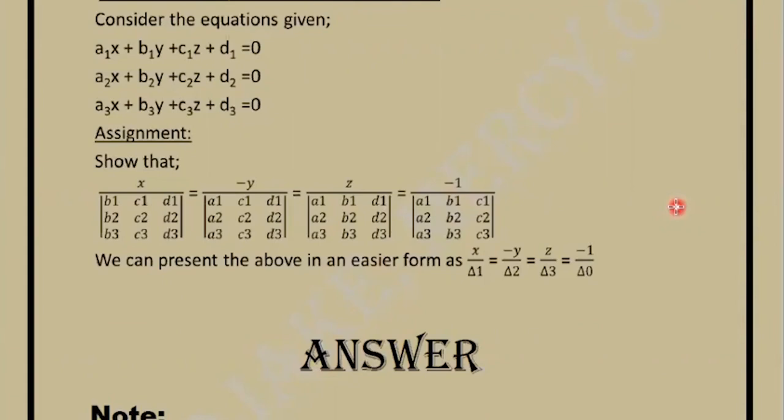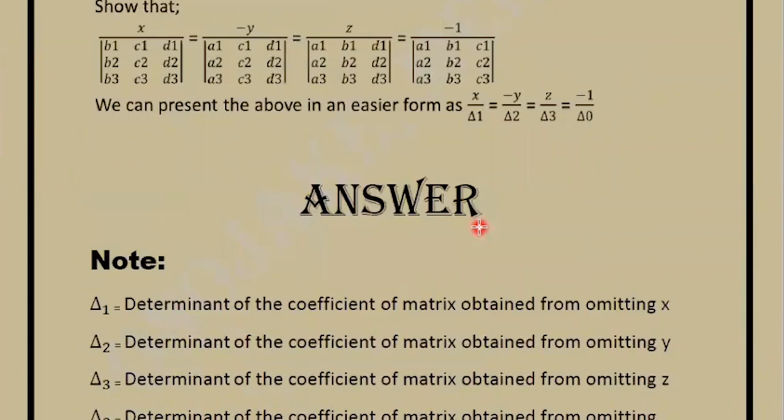Now, comparing the denominators here and the denominators here, we can now say that the determinants Δ1, Δ2, Δ3, and Δ0 are equal to these denominators here respectively. Going on, writing the equivalent of Δ1, Δ2, Δ3, and Δ0,